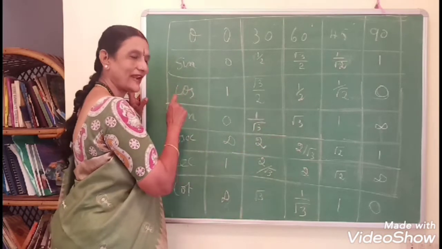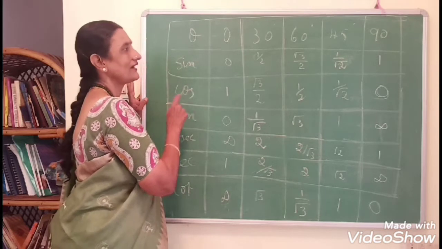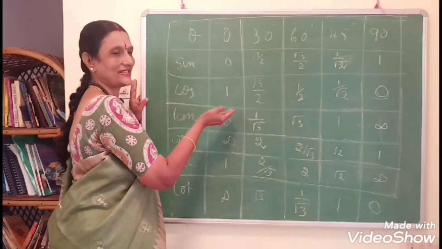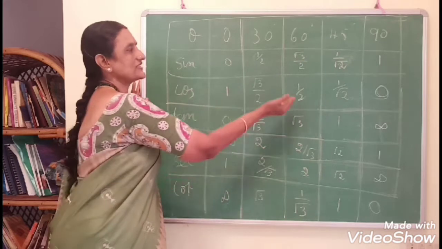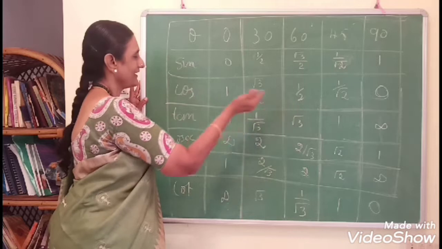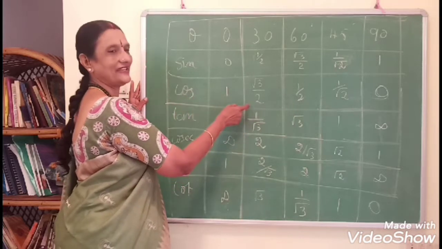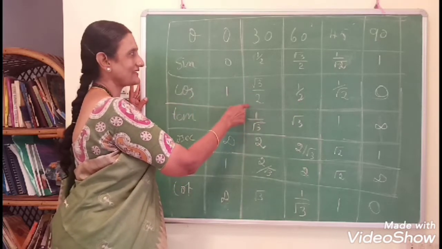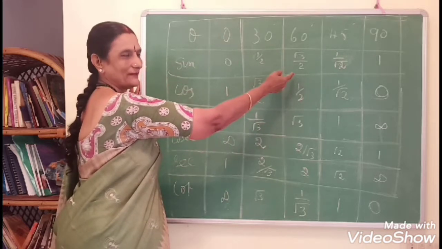What did I teach you in the last session? Sine of a value is equal to cos of its complement. So what is the complement of 30? 60. Similarly, cos of 30 is root 3 by 2, and that is equal to sine of its complement,